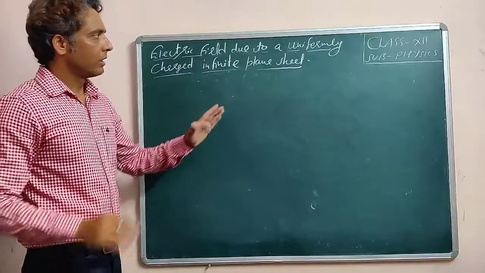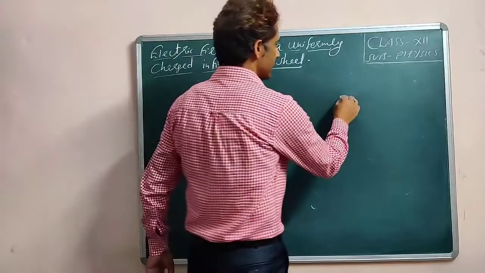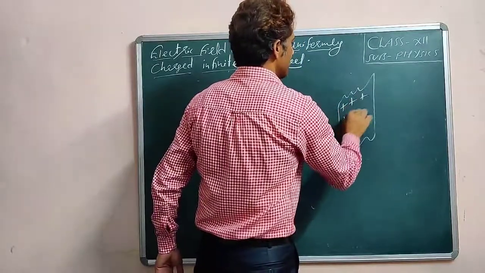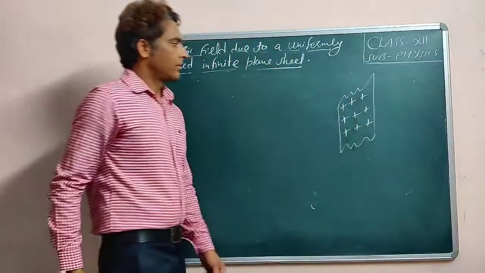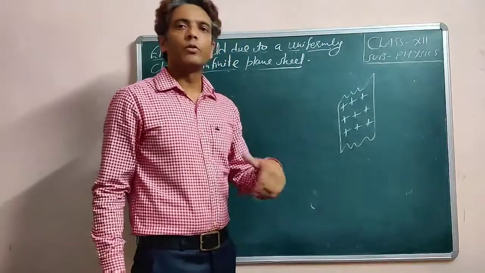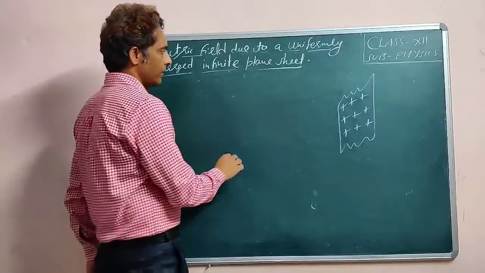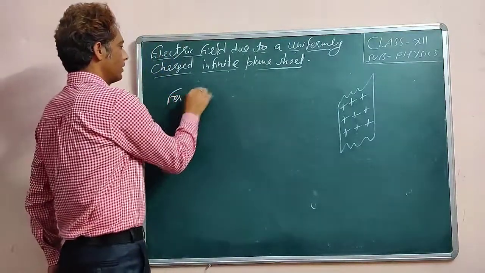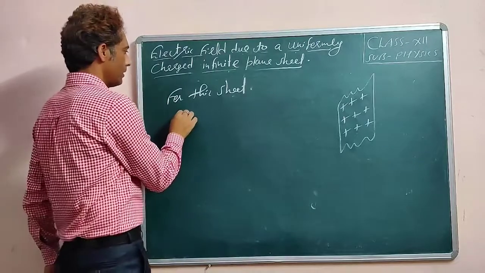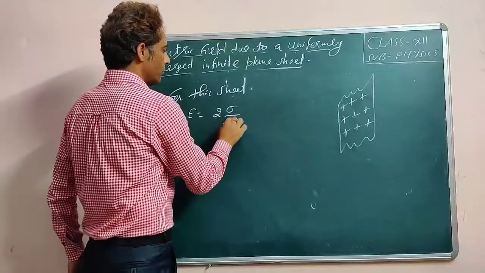Before doing electric field for combination of sheets, if instead of this thin sheet the sheet is of finite thickness, then both the surfaces of the sheet will contribute to electric field, and in that case the electric field will be given as, for thick sheet, the electric field will be equal to twice of this that due to thin sheet.